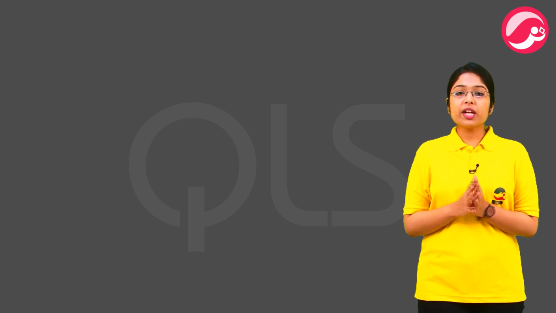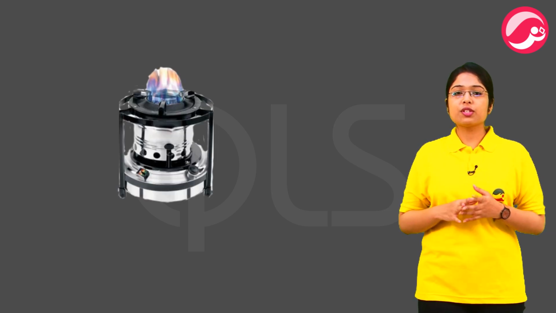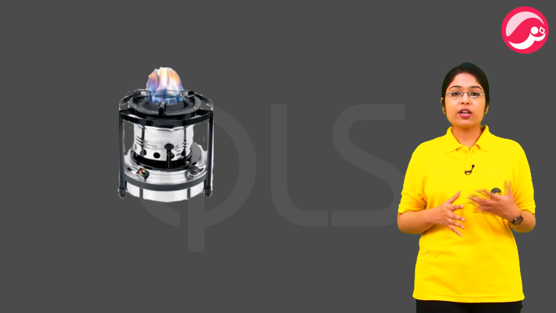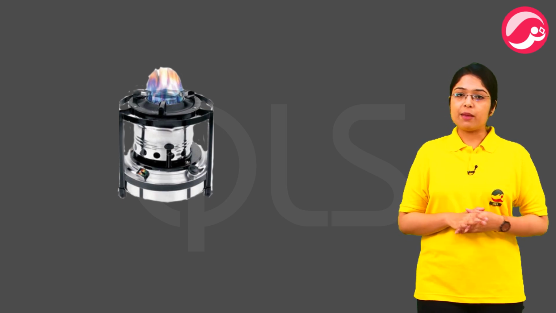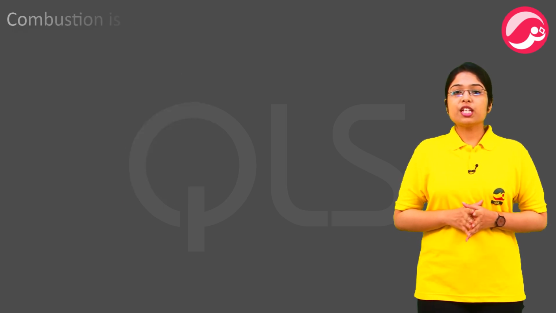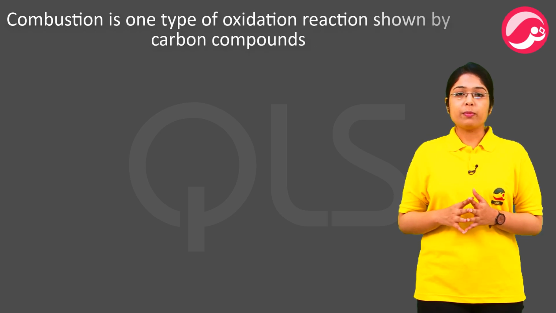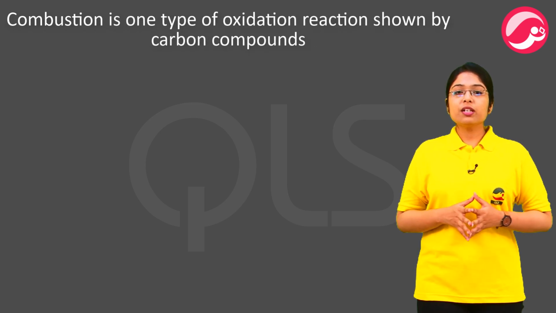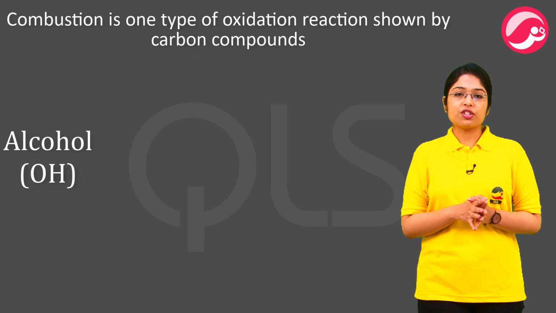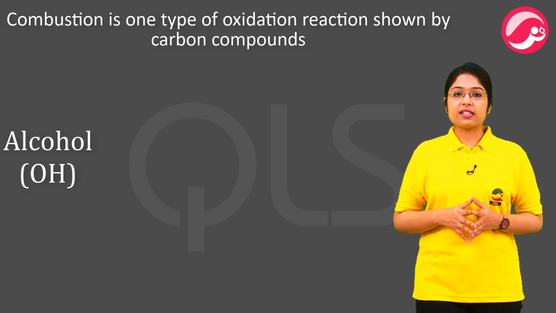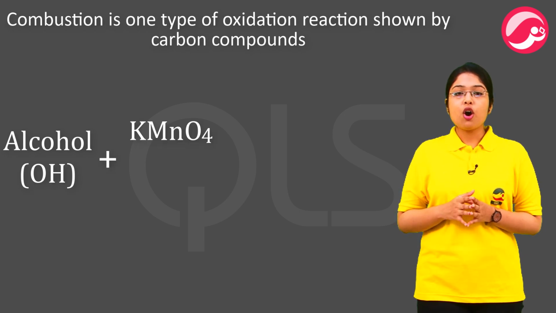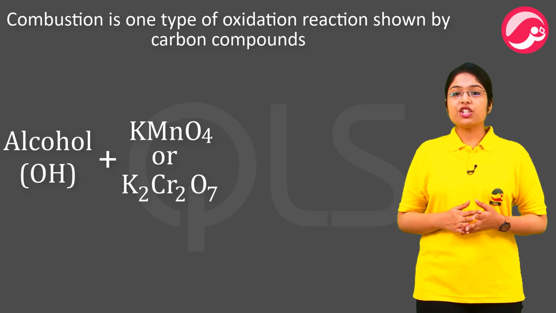And that's why cooking stoves have small air vents to supply fuels like gas or kerosene with an oxygen-rich environment. Combustion is one type of oxidation reaction shown by carbon compounds. Other carbon compounds like alcohols undergo oxidation in the presence of oxidizing agents like alkaline potassium permanganate or acidified potassium dichromate